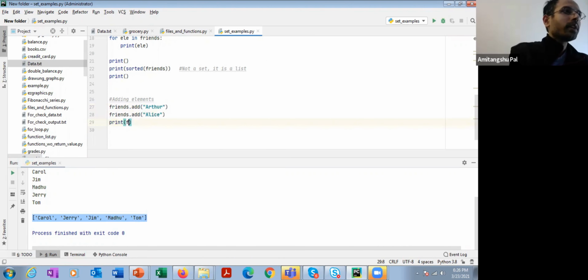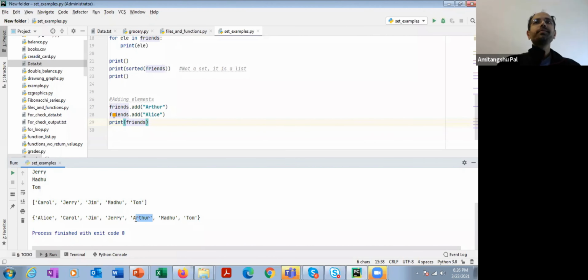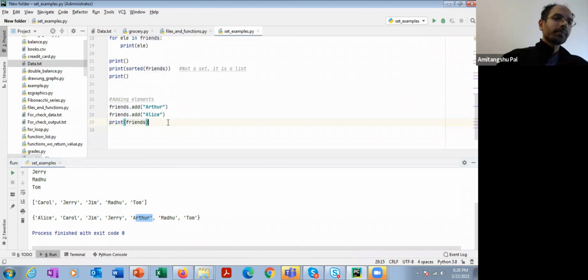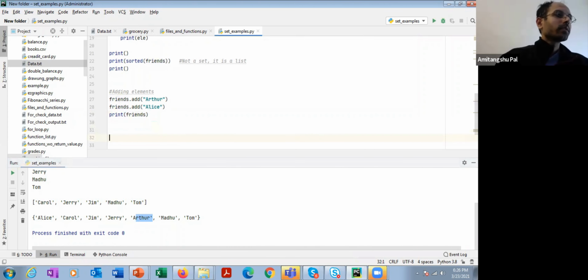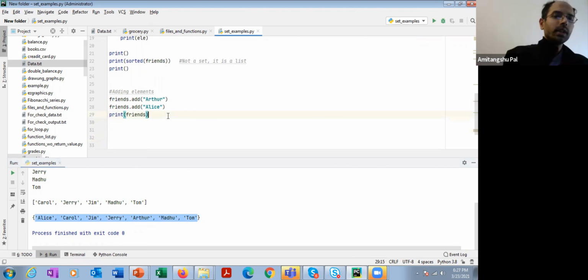Okay. Print friends. I can check that Alice and Arthur are added to my friends set. Clear? Okay. Now let's see. So here also, after addition, the order is not maintained because it is a set. It's an unordered collection of objects. Now let's see how to remove elements.